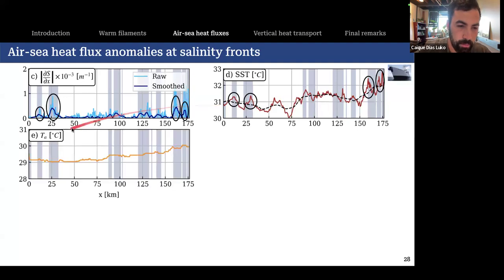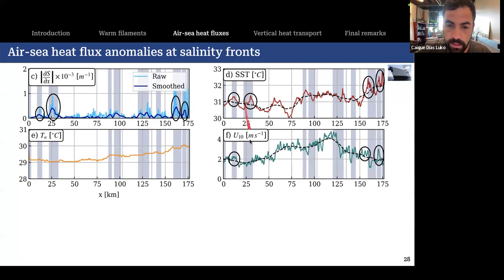When we look at the atmospheric temperature, we don't see a lot of changes associated with the filament. But when we look at wind speed, we can see some wind speed anomalies associated with these SST anomalies. These wind speed anomalies can be from 0.5 to 1 meter per second, collocated with the warmer waters at the fronts. This is really interesting because we're having higher wind speed at a salinity front in a region where we wouldn't expect this, because usually the stronger wind speeds are observed where we have warmer waters, which doesn't necessarily always align